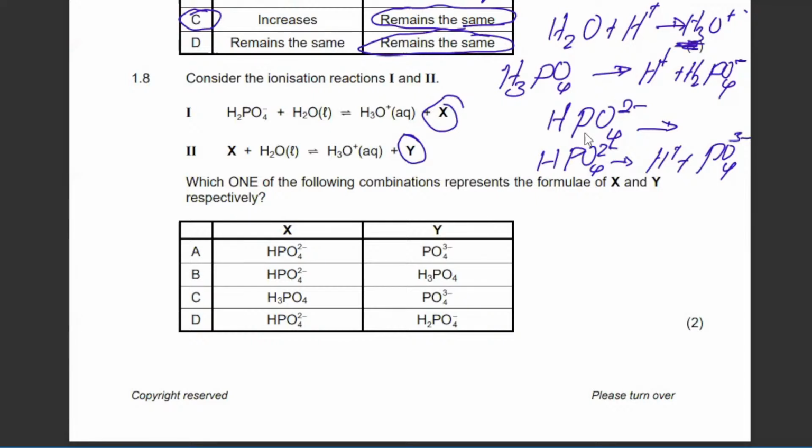You see, it's -3. So basically, because I'm here on stage 2, this is going to be this species. So I come here, I look for that species. I see this species here, I see this species. So the answer is likely to be this,